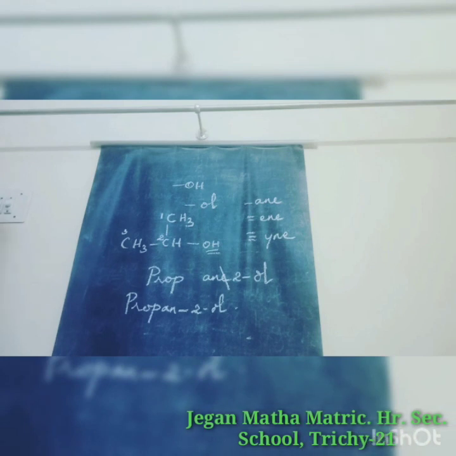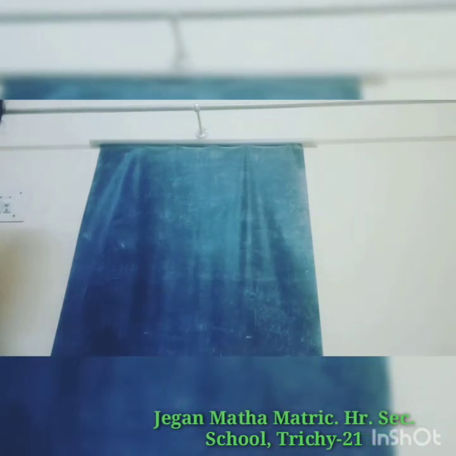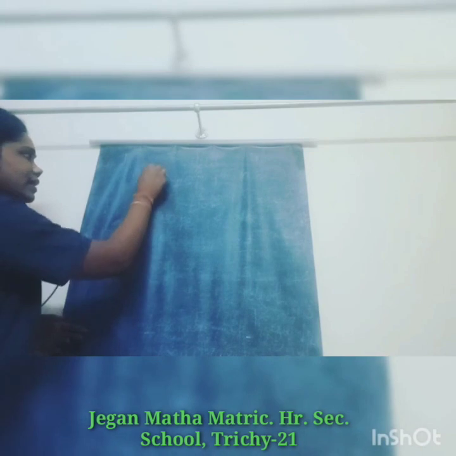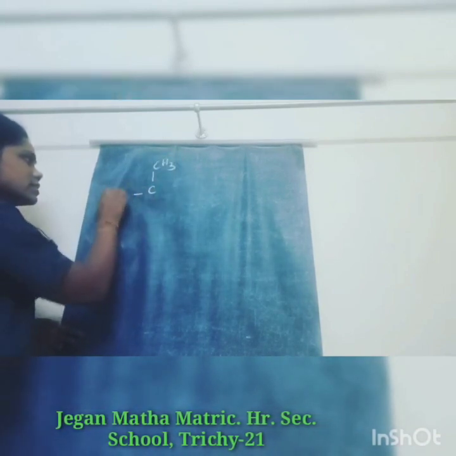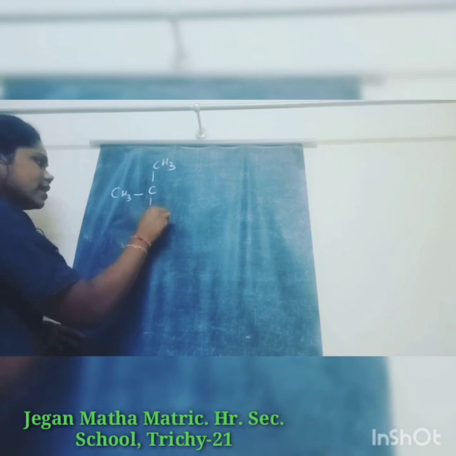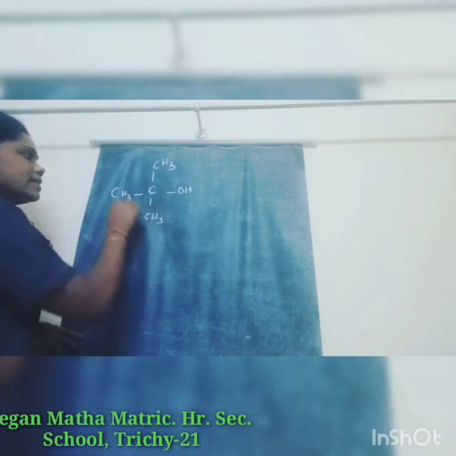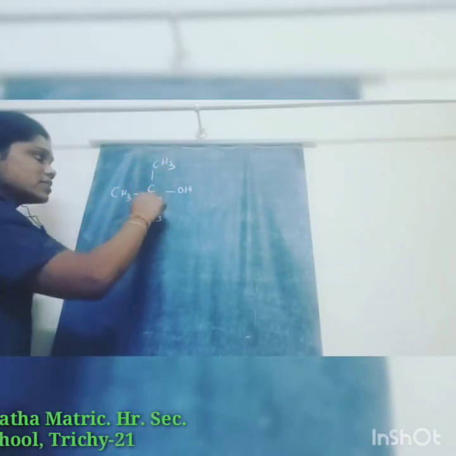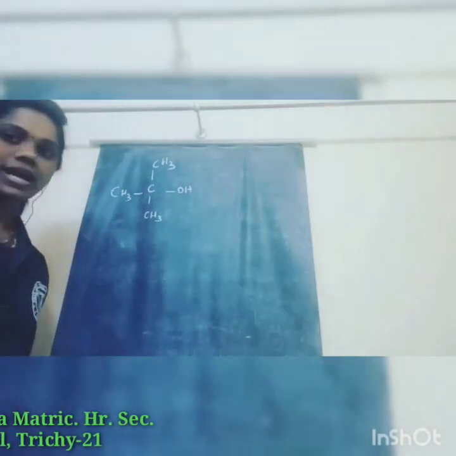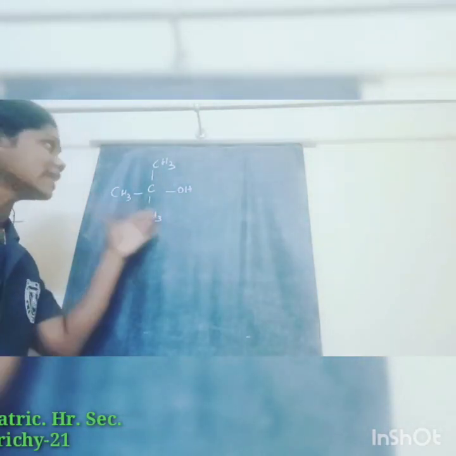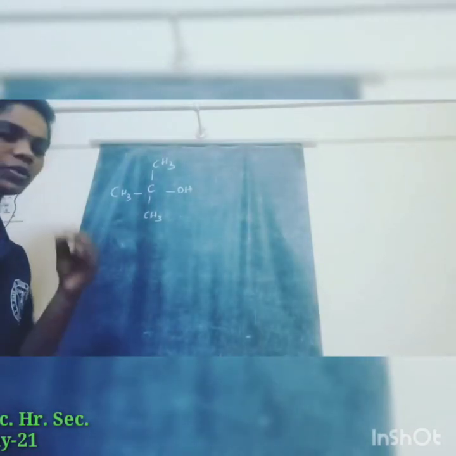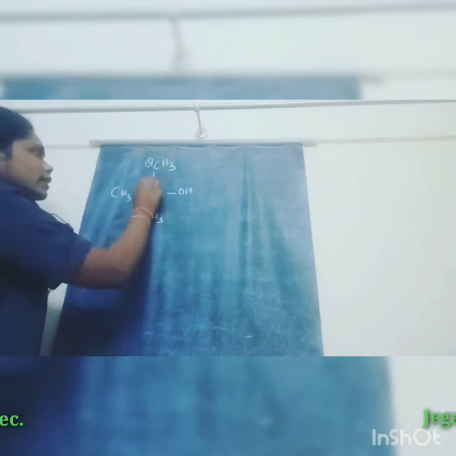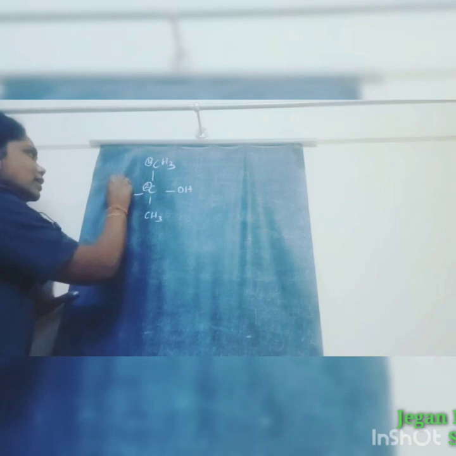That's all. And the next example is tertiary butyl alcohol. The tertiary butyl alcohol formula is a carbon with CH3, CH3, CH3 and OH. Primary, secondary, tertiary: 3 methyl groups are present here, so this is tertiary. The number of carbons is 4. So tertiary butyl alcohol is the common name. Now I write the IUPAC name for this compound. First we put the numbers. We take the long chain of carbon: here number 1, number 2, number 3.